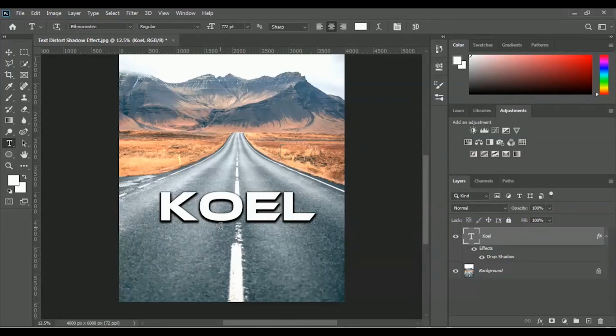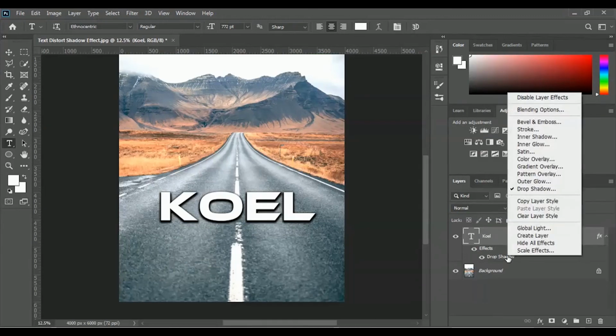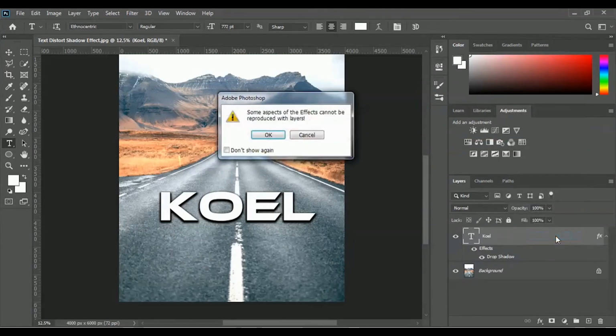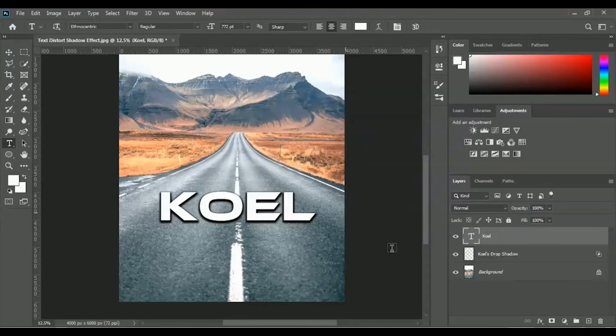and we want to create a new layer with this drop shadow. So let's make a new layer with this drop shadow, and therefore you just have to right click on this drop shadow layer with your mouse, and then you will get this create layer option. So let me click on this create layer option, and you just have to click OK. Okay, you can take a look, we got a new drop shadow layer in here, and it's totally separated,